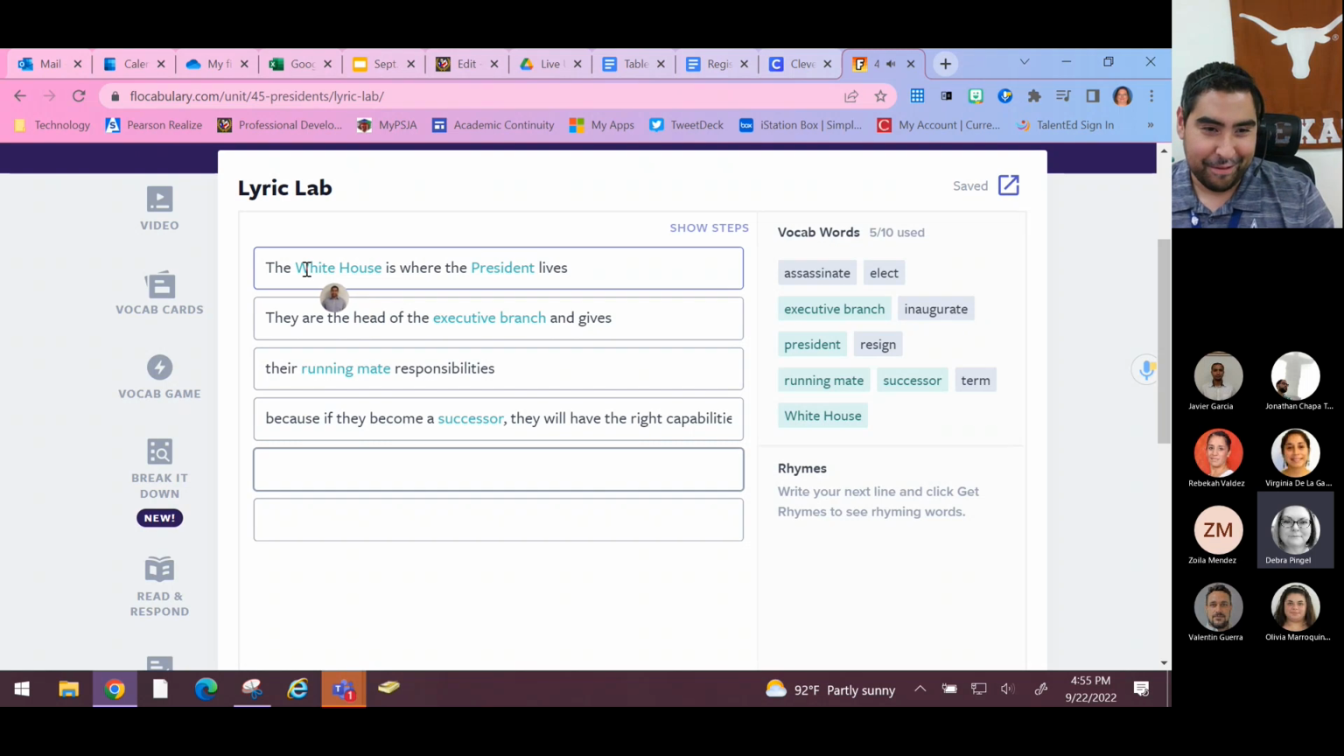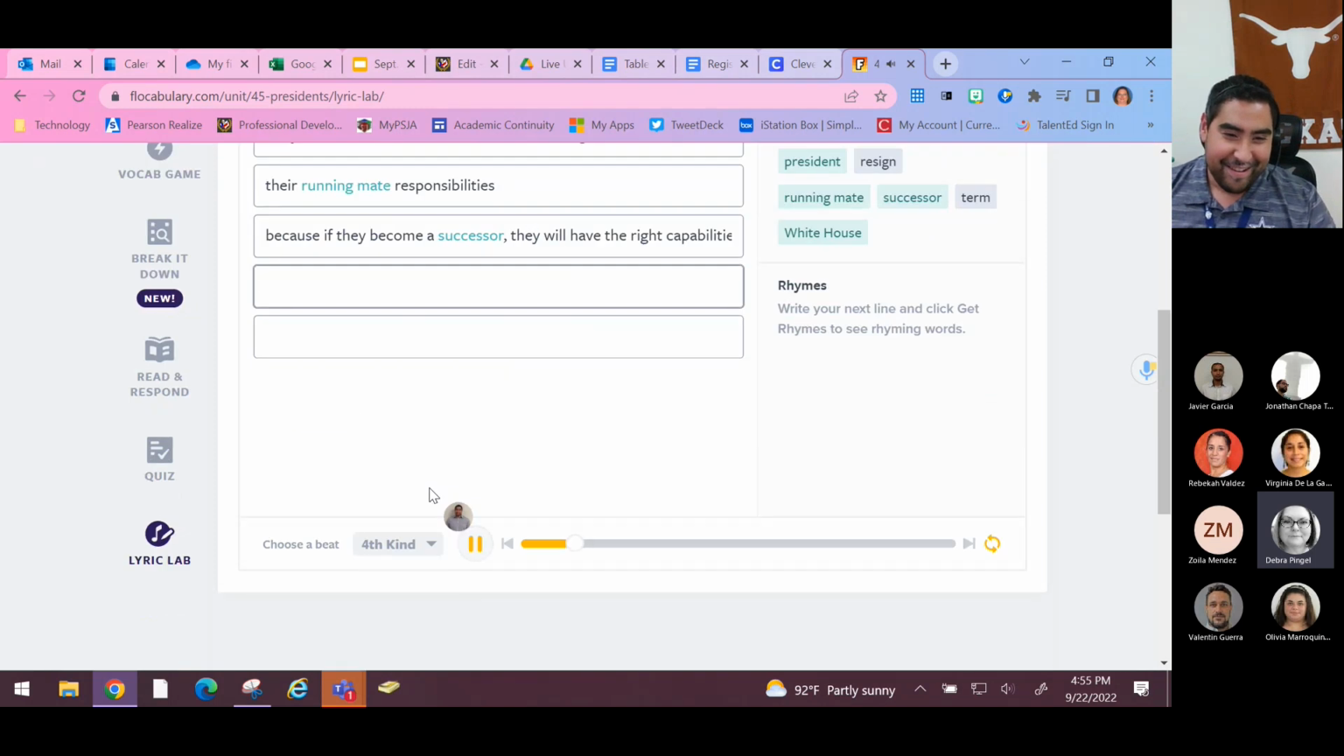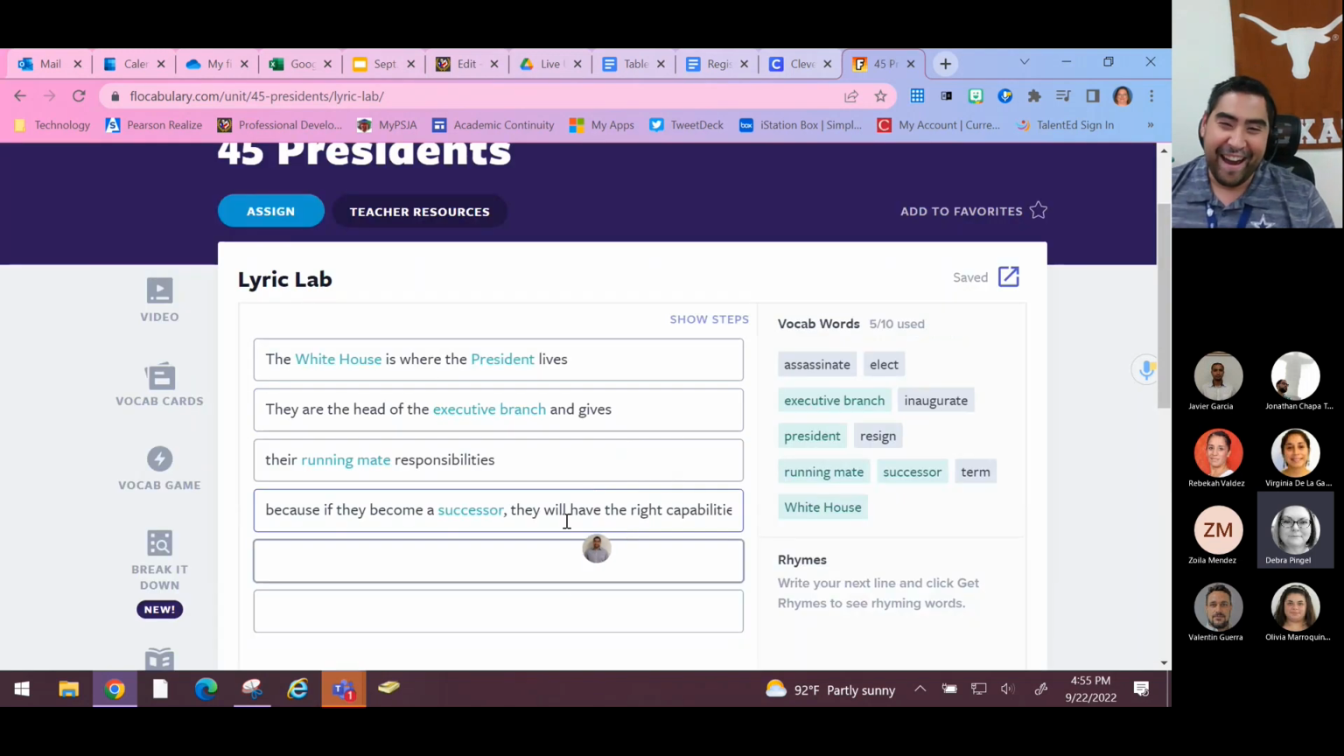So they could say, they'll do their own rap, which is like the White House is where the president lives. They are the head of the executive branch and gives their running mate responsibilities, because if they become the successor, they will have the right capabilities, right? Something like that. I'm not the best rapper, but that is something that they could do. I hate rapping, but that is something that the kids like to do, and that's something that